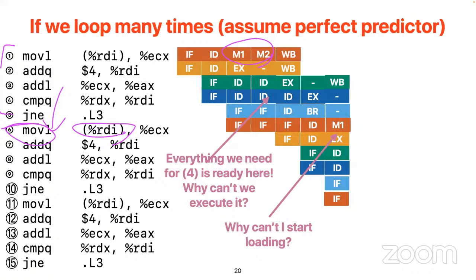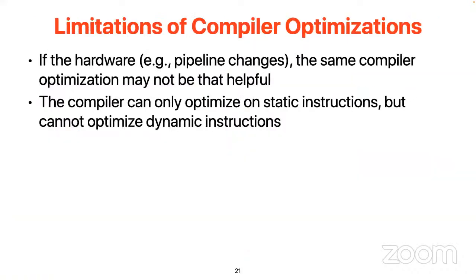And the other thing is that compiler optimization is very limited by hardware changes. So if your hardware changes, the same compiler optimization may not be that helpful, right? However, if you think about what really makes the hardware,